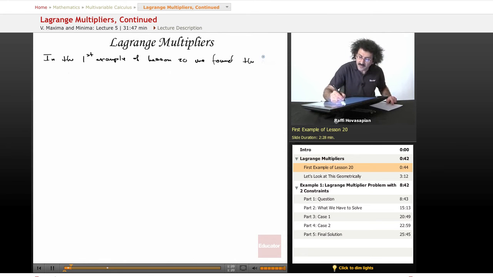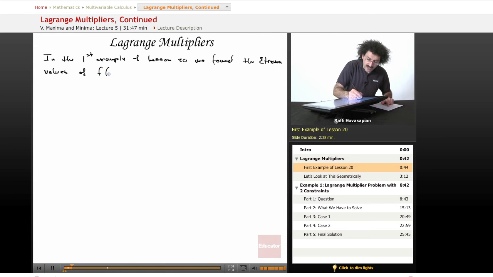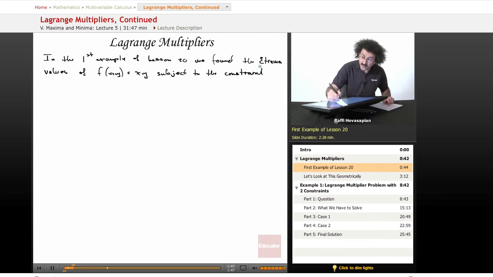We found the extrema values of f of x y, and if you recall, that function was equal to x times y, subject to the constraint